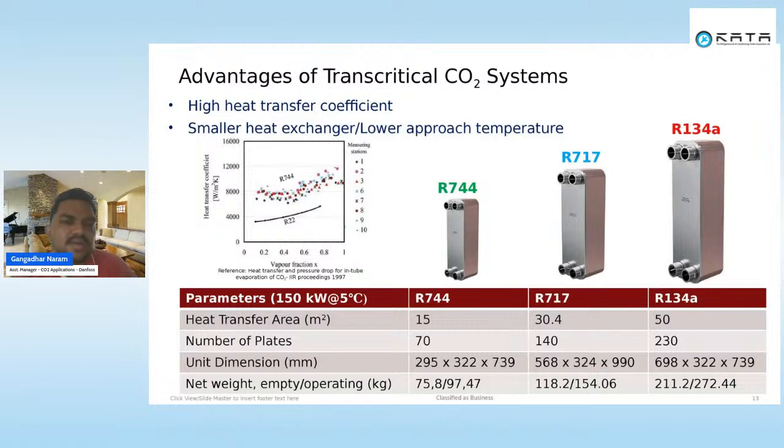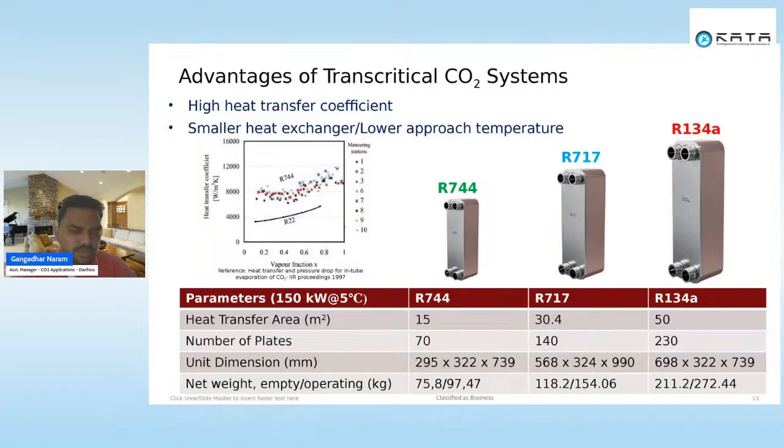As we discussed, the advantages of the transcritical CO2 system include the heat exchanger. Because of the overall U value, the overall heat transfer coefficient is way higher. It is nearly in thousands because of the high suction, high densities, high thermal conductivity, and low viscosity. All these parameters give CO2 high heat transfer coefficients, which allows for a smaller delta between primary and secondary fluids, so you can achieve a 1 degree or